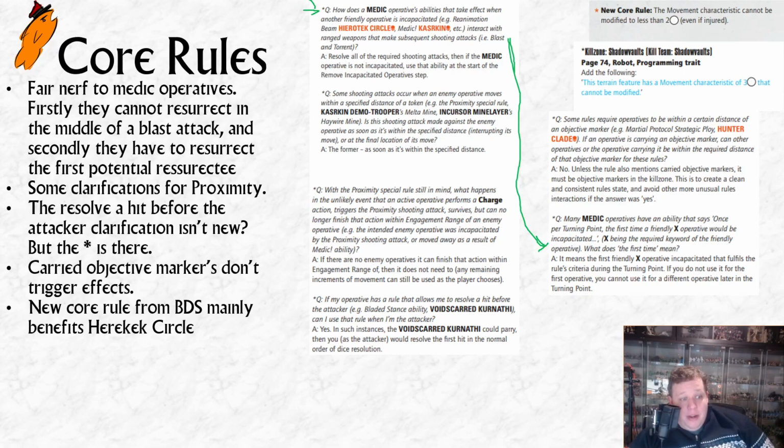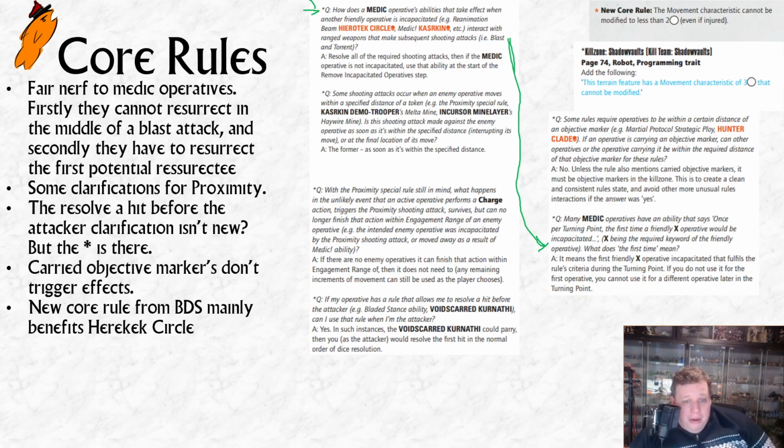If somebody dies in range of the medic, say you've got your medic, and on one side of the medic you've got a plasma gun, and on the other side of the medic you've got a lasgun guy, and they kill the lasgun guy, that's it. They've used up your medic, so you may as well try and revive that lasgun guy. You cannot save it to protect the plasma gun guy. So that's something to bear in mind.